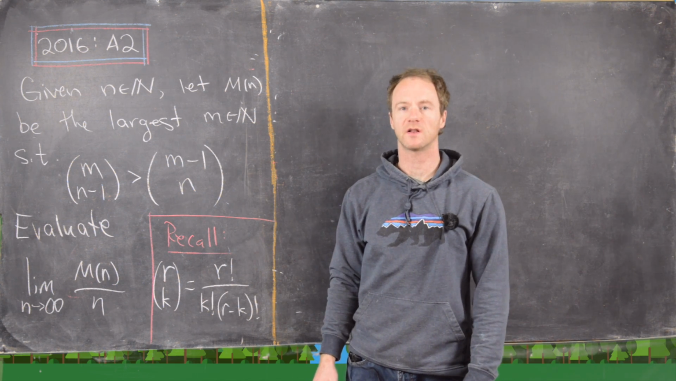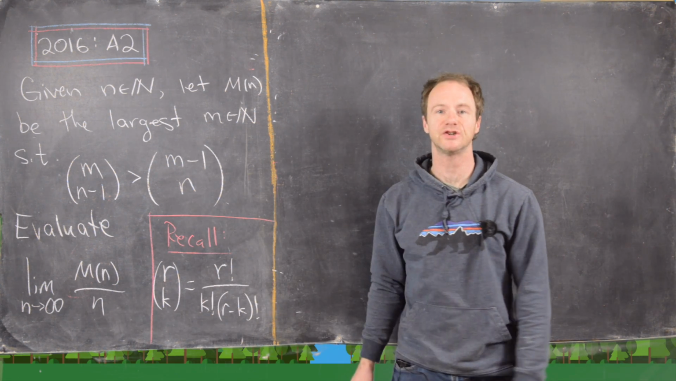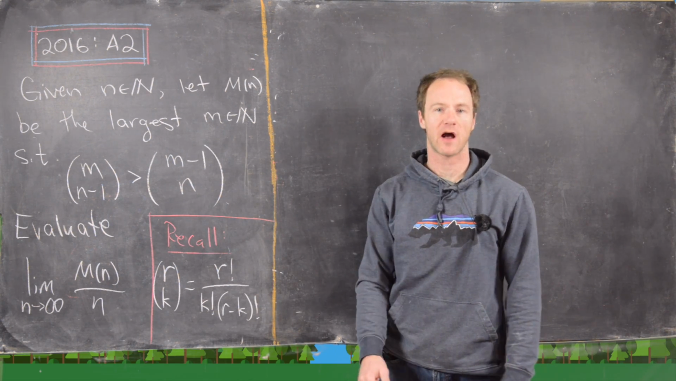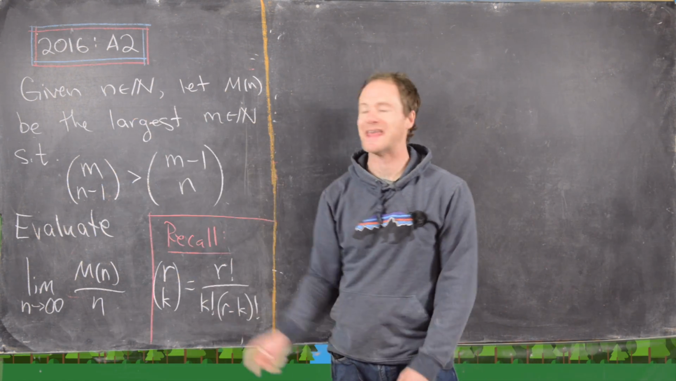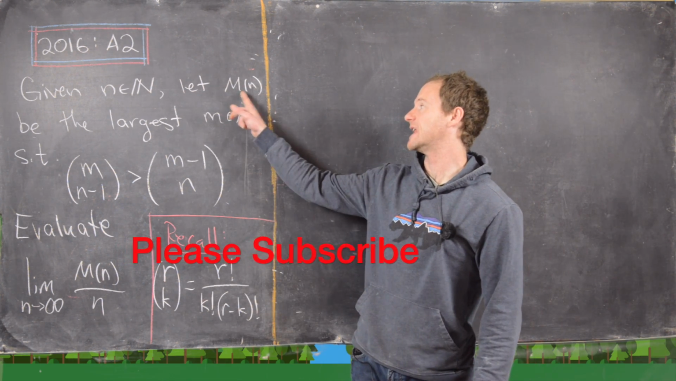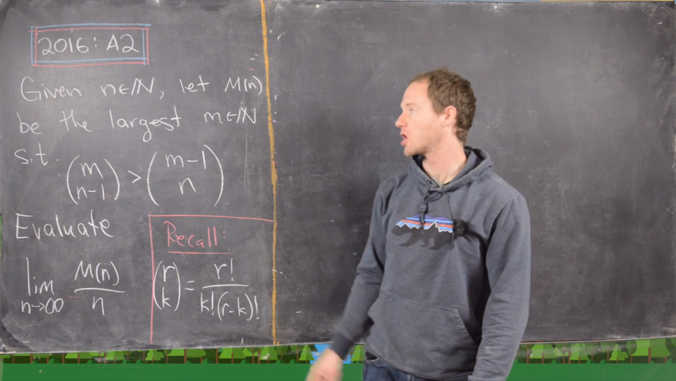Okay, in this video we're going to look at a solution to problem A2 from the 2016 Putnam Exam. So the statement of the problem is as follows. Given n a natural number, in other words a positive integer, let M of n be the largest